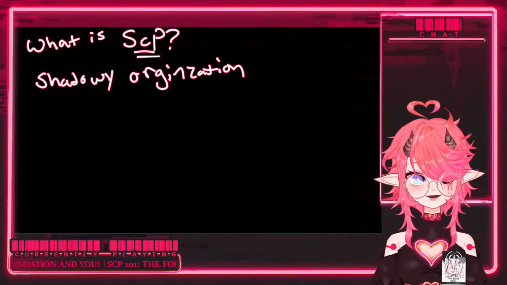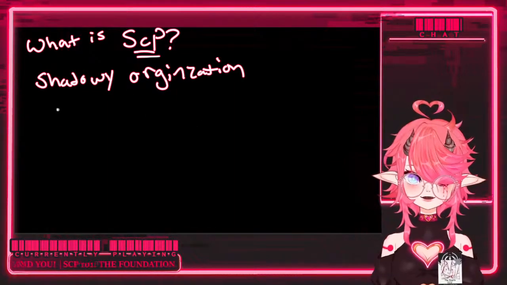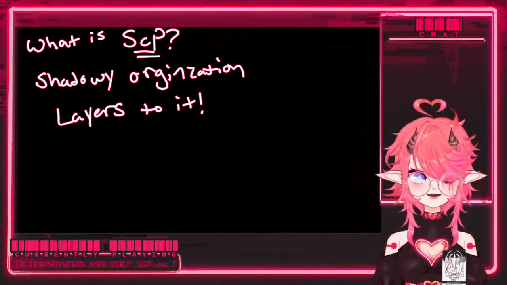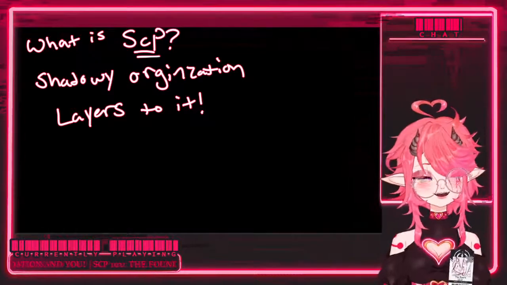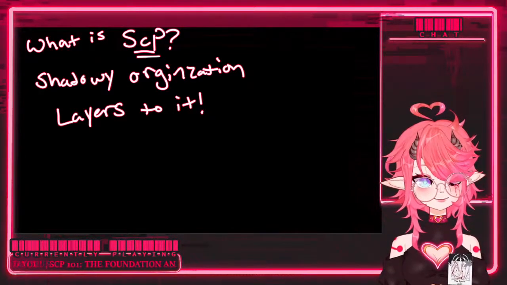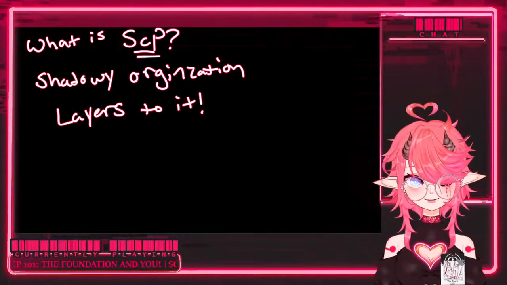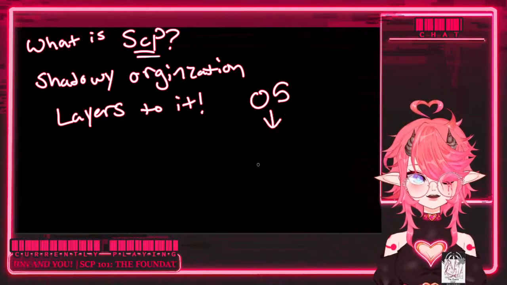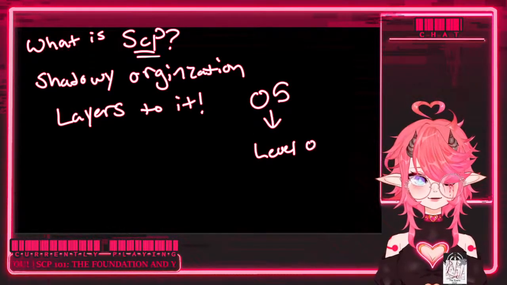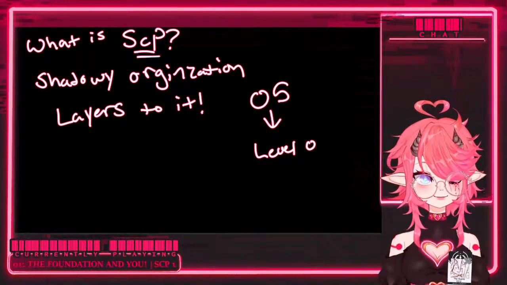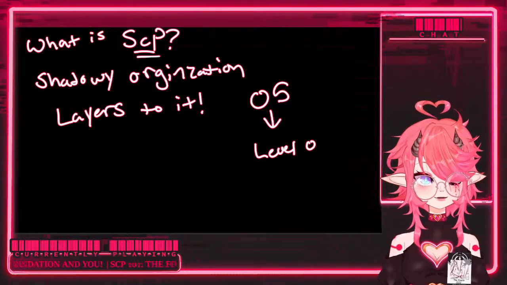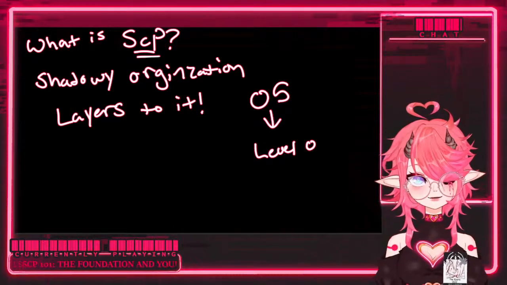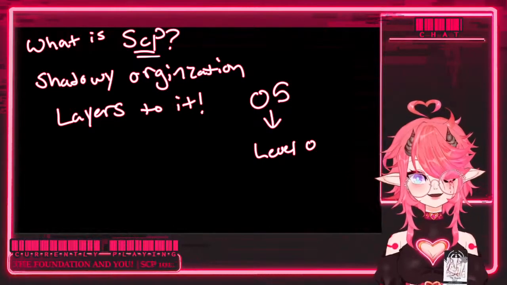Since they are a shadowy organization, there are layers. There are layers to it, like an onion. The way that the SCP Foundation itself is operated is there are layers to it. We will get more into it later, but it basically operates on a top-down sort of view. You have the O5 Council, all the way down to level 0, no clearance sort of people who just do, like, janitorial work. What you can expect from the SCP Foundation as a thing that you get to discover is